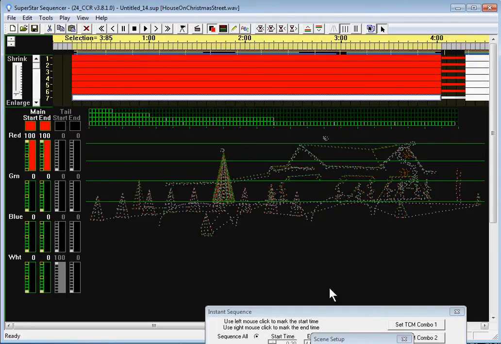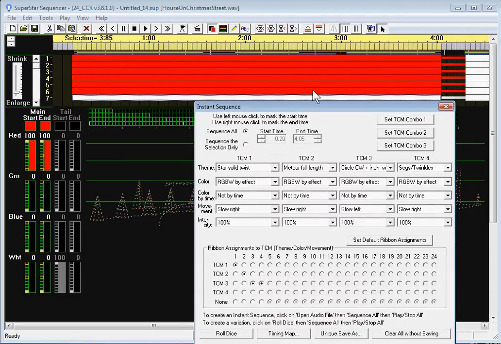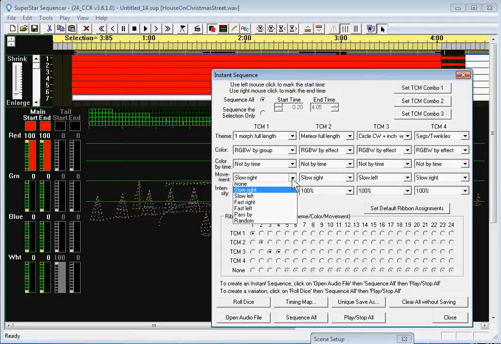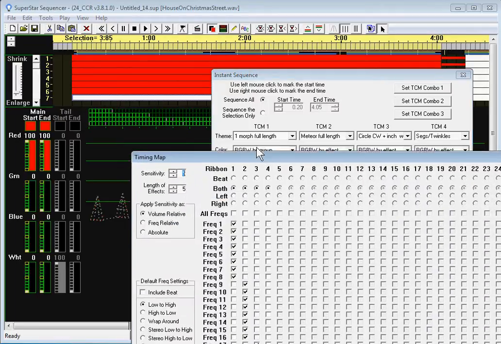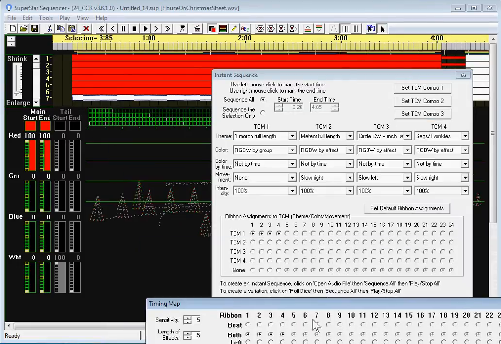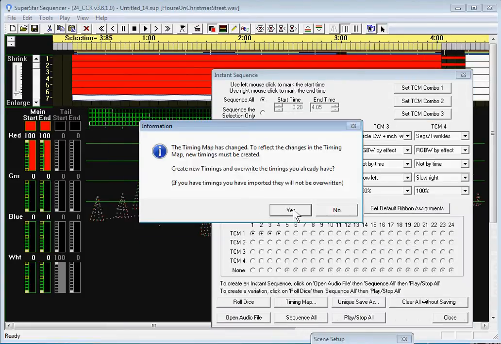Now when we imported that visualization, it reset all our defaults, so we're going to have to go back and set one more full length, RGBW by group, and we'll set movement to none, and we want to set all 4 sequencing rows to TCM1, and in the timing map we want them to all be triggered the same. So let's do sequence all,